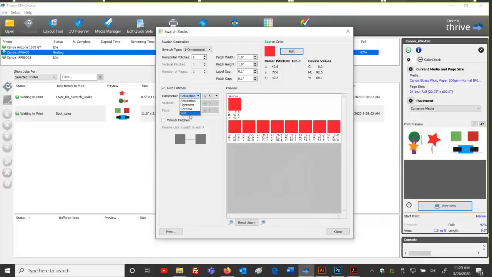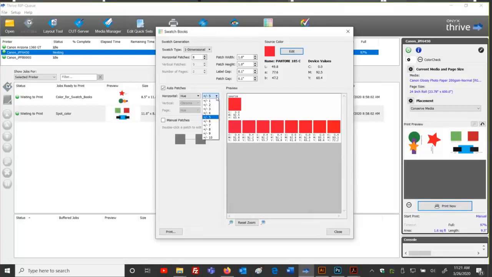So if I picked hue, I'm going to vary in hue, and then I have the degree of change, the value of change. This is not necessarily dot percent per se, although of course below you'll see dot percent vary, but it doesn't mean plus or minus 1%, 2%, 3%. Because we're talking about hue, lightness, chroma, saturation, these are different value terms.